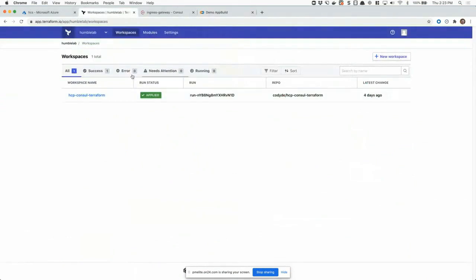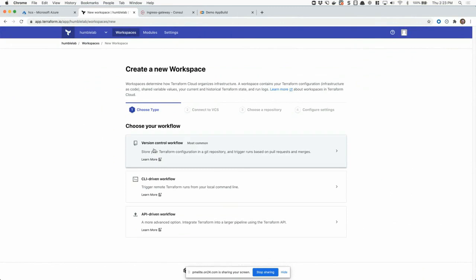So I'm in Terraform Cloud here. I'm in my workspaces. Humble Lab is my lonely little environment at home. I'm going to create a new workspace, and I'm going to integrate this workspace with the version control workflow, which means that when I commit code into Git, and I merge that code in, or I actually check that code in,